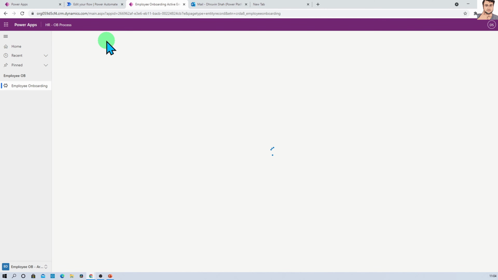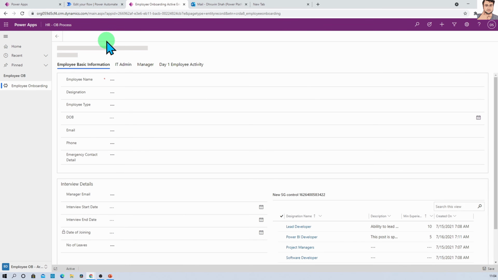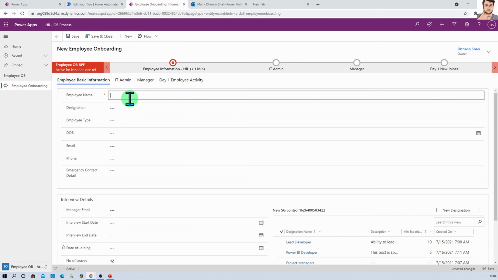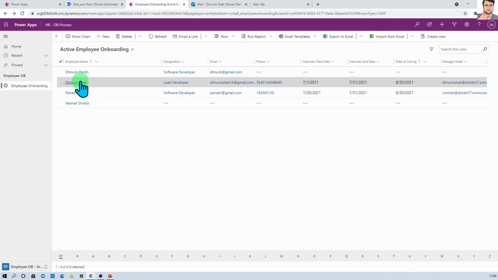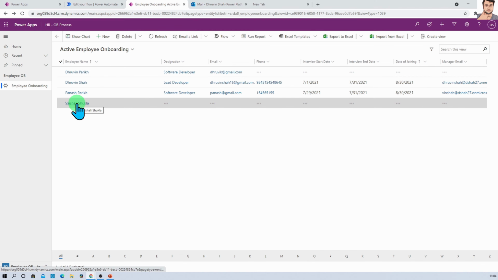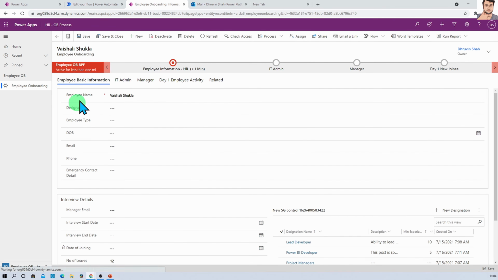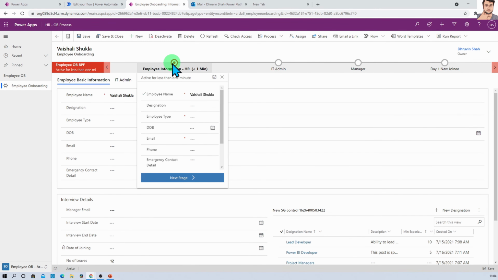So first of all, let's assume that some of the information is received by HR at the very beginning, that they received the information, name Vaishali Shukla. Now assume that I'm HR, I'm going here and I'm adding different stage.